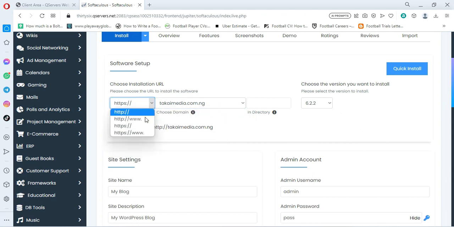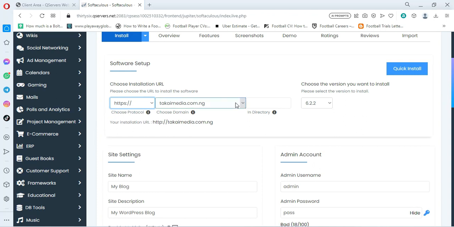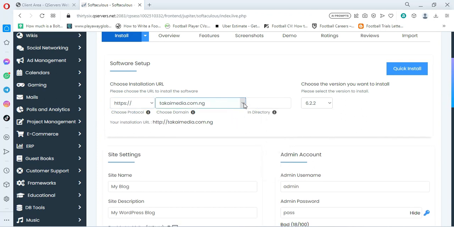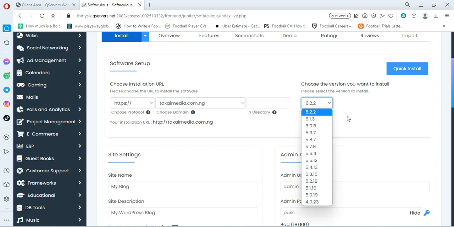Then you have this HTTPS, which is for secured connection. So now what I want to do is, since I have installed already, for you, nothing should be in this directory, because you want to install the WordPress on your main domain name, on your main website, okay? So you check in here and you select the latest version of WordPress, which is 6.2.2. So you go there